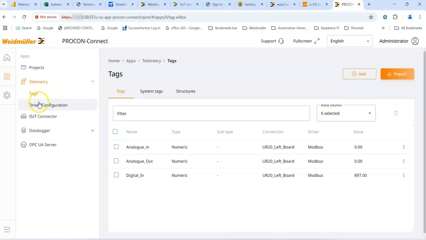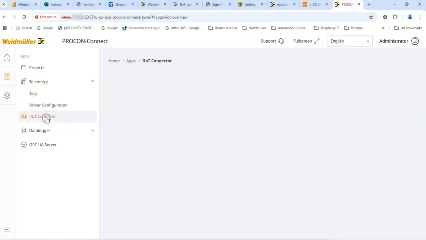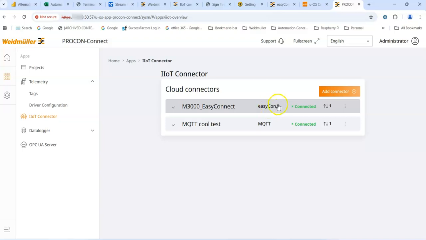There is a video on Modbus TCP, so if you want to watch that, that would help as well, but I've pretty much covered it there. It's quite quick. So if I now go back to the IIoT connector app and click into this line to